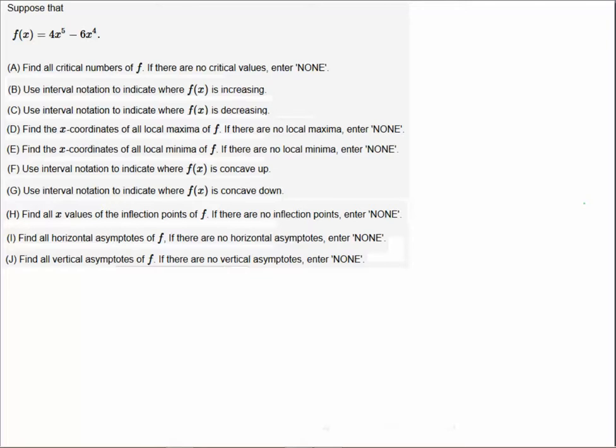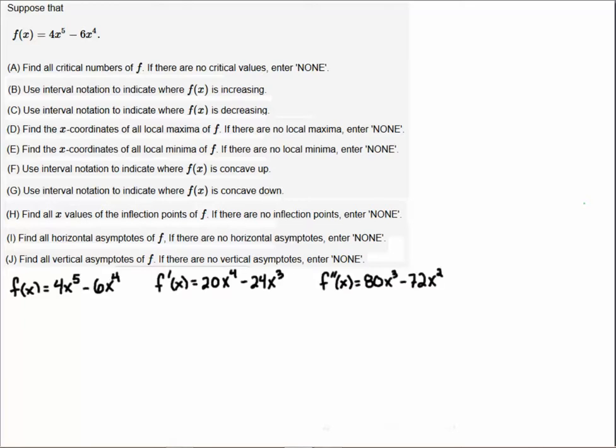All right, so let's begin our analysis. So the first thing we're going to do is rewrite the function and then just compute the derivatives. Simply put, we're just going to use the power rule to compute the derivatives. Now with the derivatives in hand, we're going to locate the critical points. The critical points, conventionally defined, are where the first derivative is equal to 0 or the first derivative does not